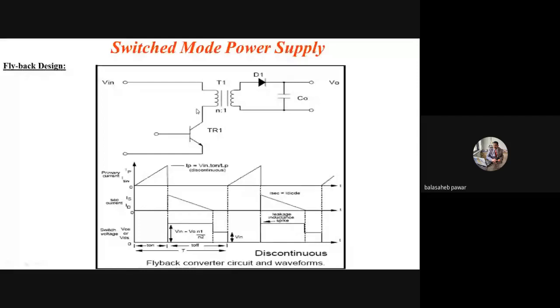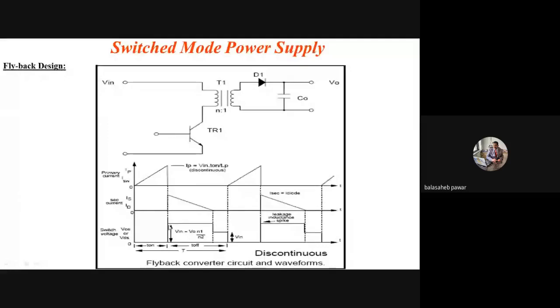And when the transistor gets turned off, the current flow through the primary gets stopped, or becomes zero, because the transistor acts as an open circuit, and already you know by the property of the inductor, that polarity gets reversed. Means the downward terminal of the primary of that high frequency transformer becomes positive and the upper one becomes negative. And we are measuring the voltage at the collector, where the second terminal of the primary is connected to the collector of that transistor. So it is now at positive potential, is it? That's why it is shown as positive with somewhat amplitude.